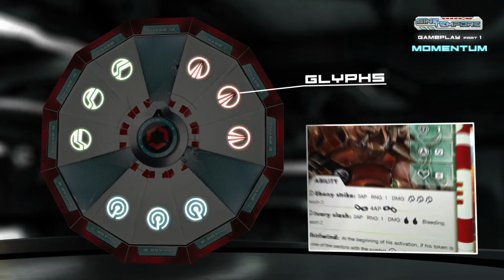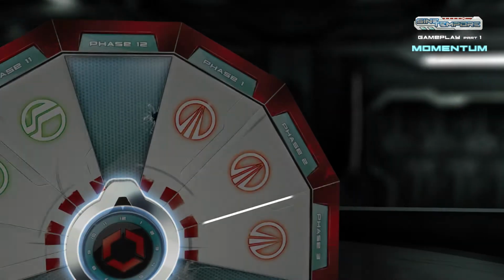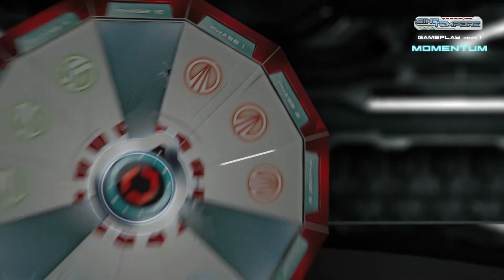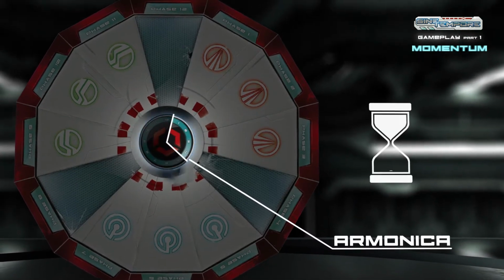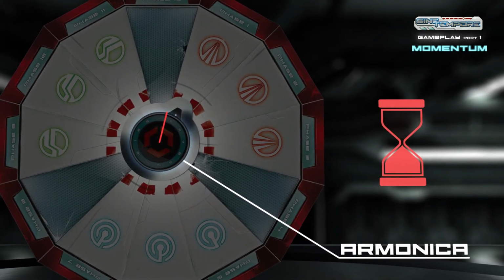Some of the sectors have glyphs, which are used to activate the special skills of weapons and models. The phase hand of the dial is used to indicate the active sector. 12 phases make up one harmonica. The harmonica hand, together with the phases, defines the start and end of missions and is also used to trigger